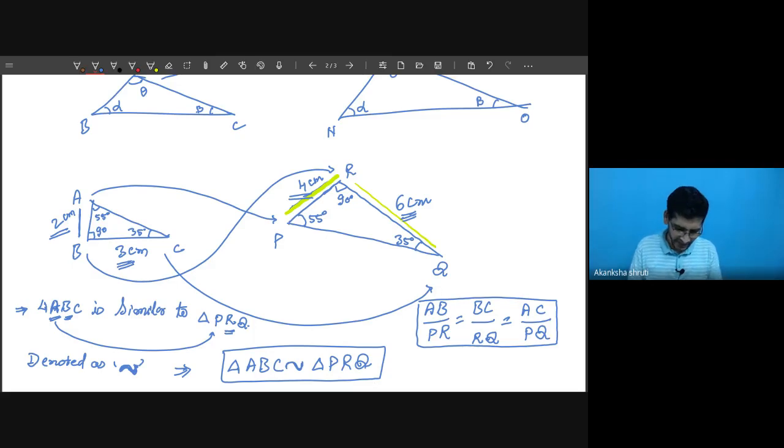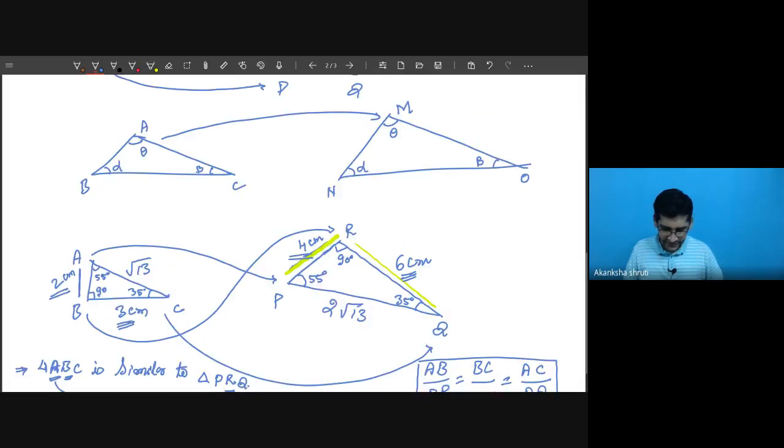Say if AC is, let me take this as 4 centimeter or something else, it may be. It will be actually under root of 2a square plus 3a square. The Pythagoras theorem will be followed, then only the triangle will be formed because it is 90 degree. So it is under root of 4 plus 9, which is 13. Then this value PQ will be 2 times under root of 13. This needs to be maintained. If this ratio is not maintained, then the two triangles will not be similar.